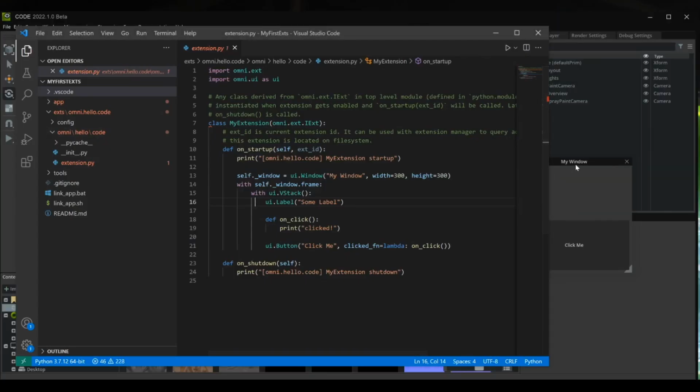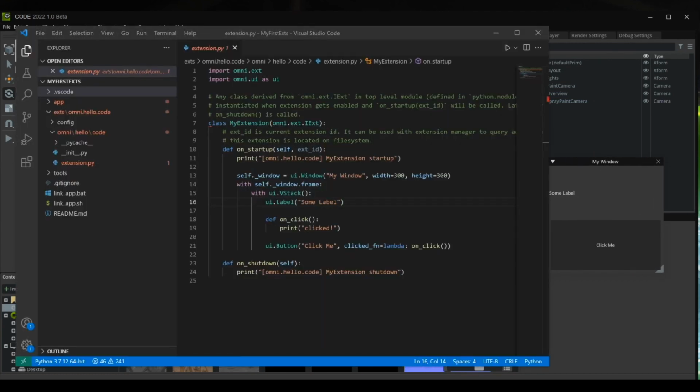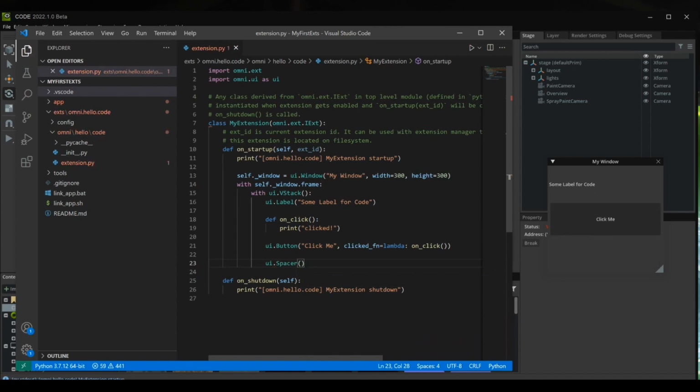And so as I have this window here, I can continuously see my change interactively happen. Some label for code and then save, this is automatically reflected. And as you learn, and we'll see in more detail, you can start using that to